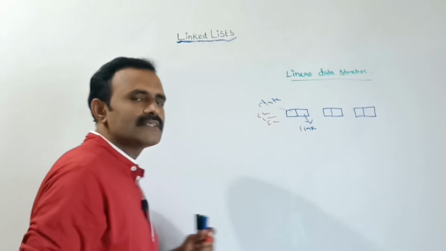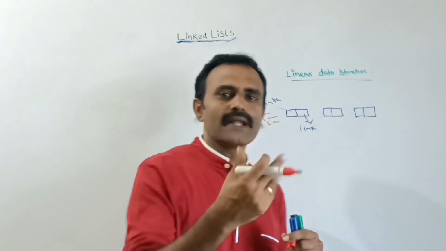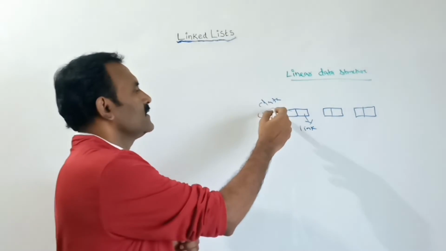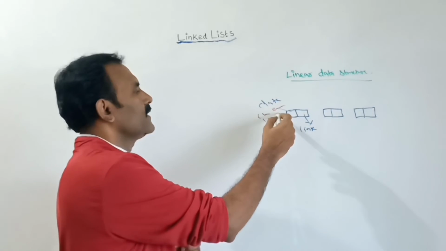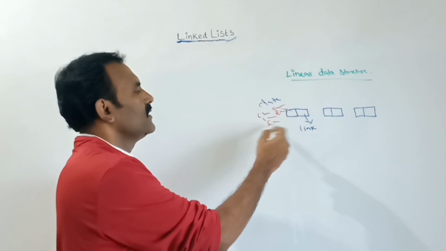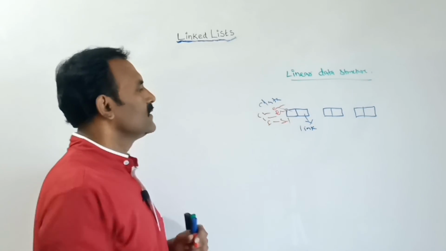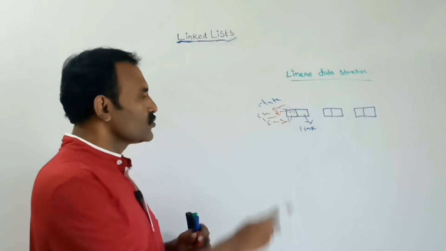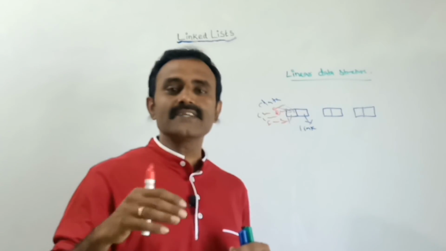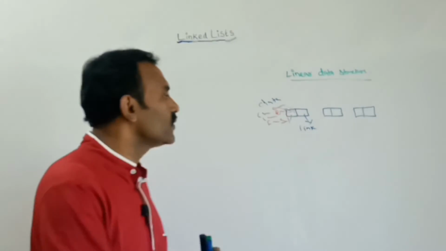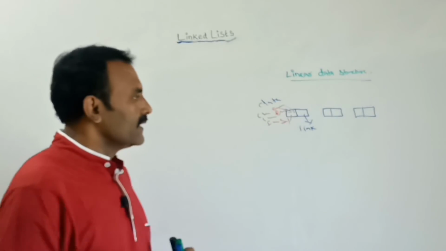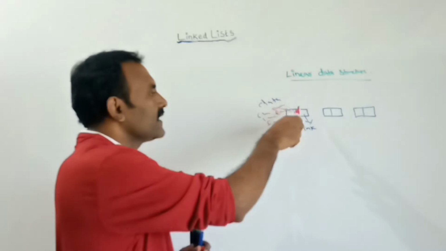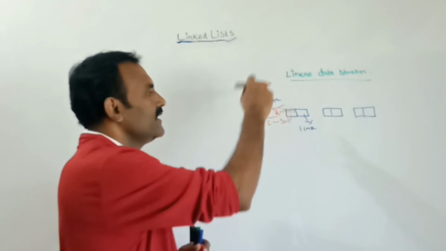For example, suppose we need to store employee details. Then the first is character data, that is the employee name, then integer data type, that is the employee number, and float data type, that is the salary. So these kinds of data can be stored in the data field. We can store any number of data and any kind of data in the data part. Next one is known as the link field. In the link field we can store the address of the next node.